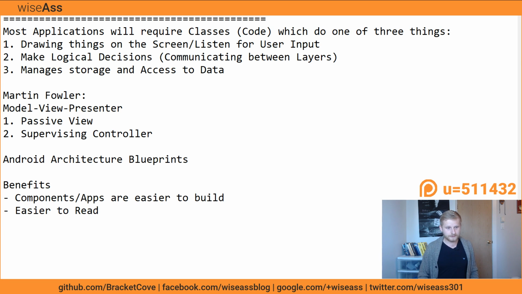Just 2 more things. It's easier to maintain. When you're looking at an architecture which has good names and is pulled apart and modular, you don't need to think as much. You don't need to go, oh, what the hell did I write in here? This one class does 7 things. Where's the code to highlight some text? It's hard to read that, and it's hard to remember and edit it.